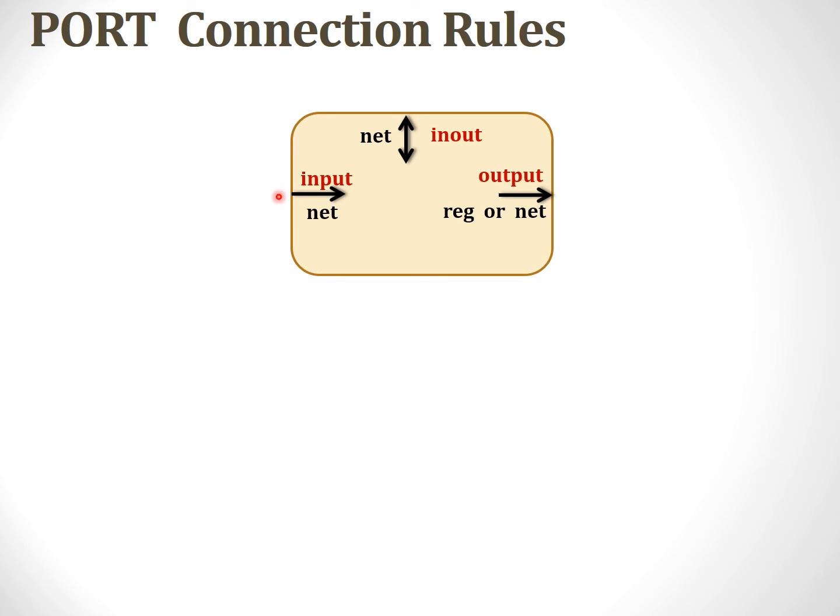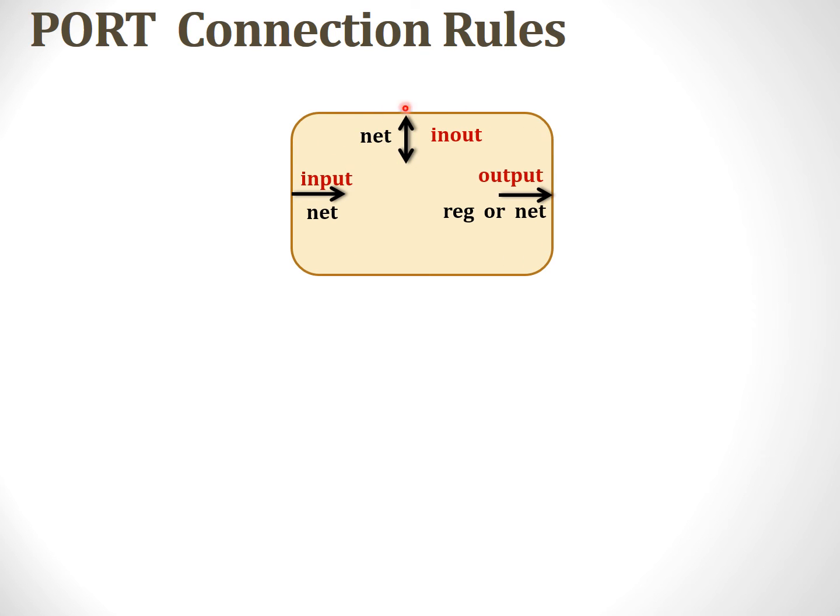When the value in the external world can keep changing, obviously this particular net must be declared as a wire, a net or a wire, because the value keeps changing. But output sends the data, and the data to be sent can be a constant value or it can keep changing. So output has an option of being declared as register or net. In inout, when we are receiving the input value, then it should definitely be a net.